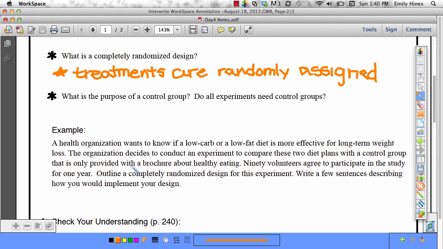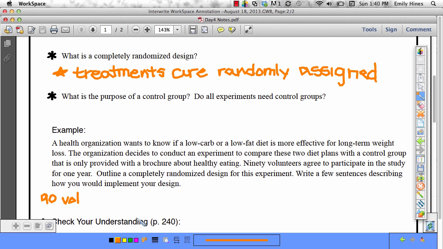If we look at this example down here, a health organization wants to know if a low-carb or low-fat diet is more effective for long-term weight loss. So the organization decides to conduct an experiment to compare the two diet plans with a control group that is only provided a brochure about healthy eating. So we have 90 volunteers. Okay, outline a completely randomized design. We would start with our 90 volunteers,